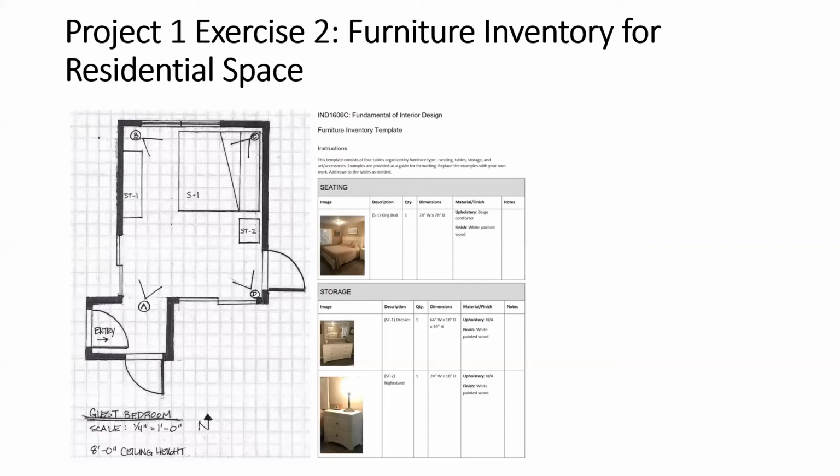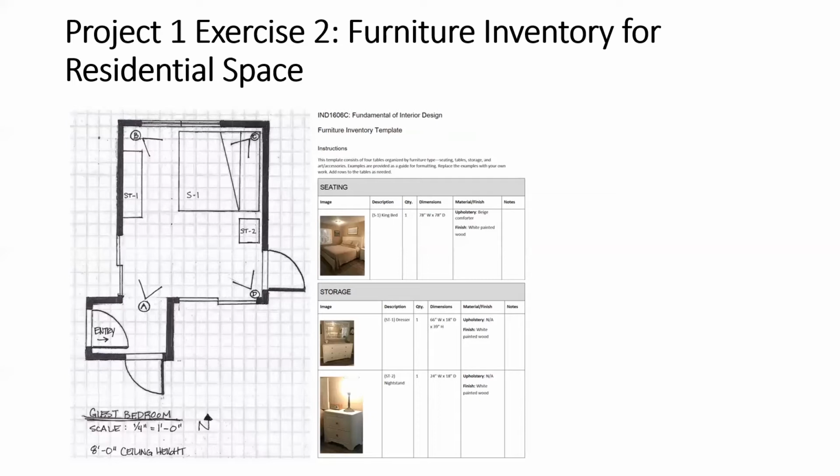Then I've also given it a descriptor. What that means is I have given it a little what we call key designation. So seating is S, and of course the bed, not exactly seating, but that's the best category it fits into now, is S1 because it's in the seating category, and that's because it's the first one that I've counted. Now, if there were other chairs in here, they would be S2, S3, etc. Then you can see, looking over at the furniture inventory, that I have one of these S1 king beds. I've also included the dimensions and a description of the material and finish.